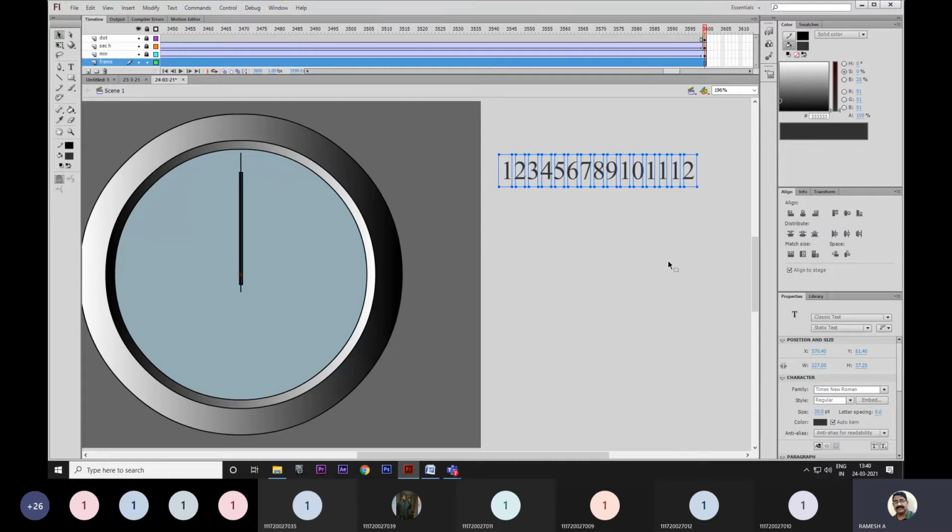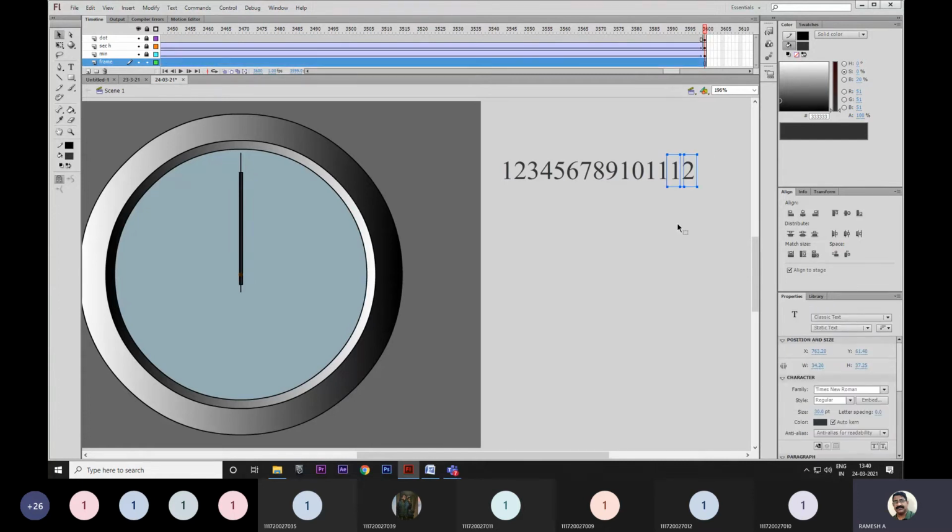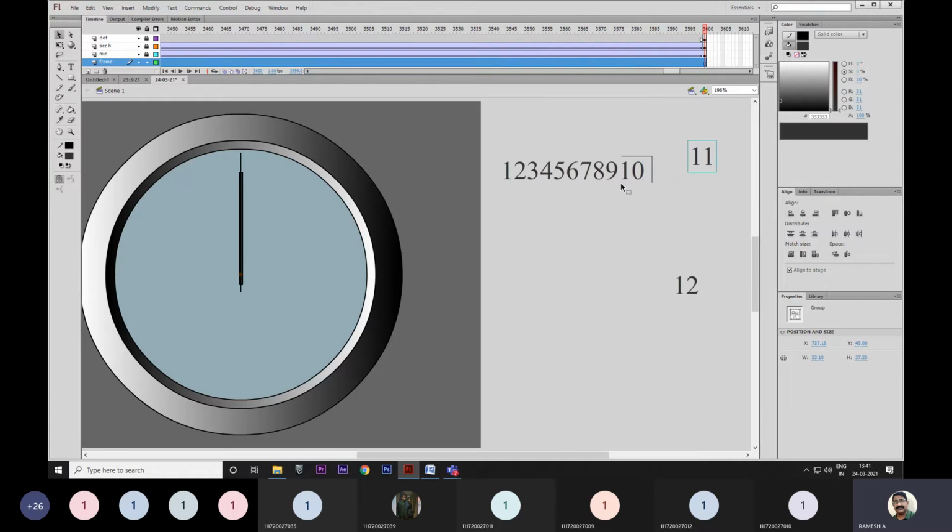Okay, now what happened here? The last number 1 and the 2 also got separated here, but both should be in one group. How to make a group? Select the two numbers which you want to group. Press Control G. G for group, B for break. Okay. Now again, which numbers do you have to group? 1, 1 also. Just make it a group, Control G. And again 0, 1 also, make it a group, Control G.